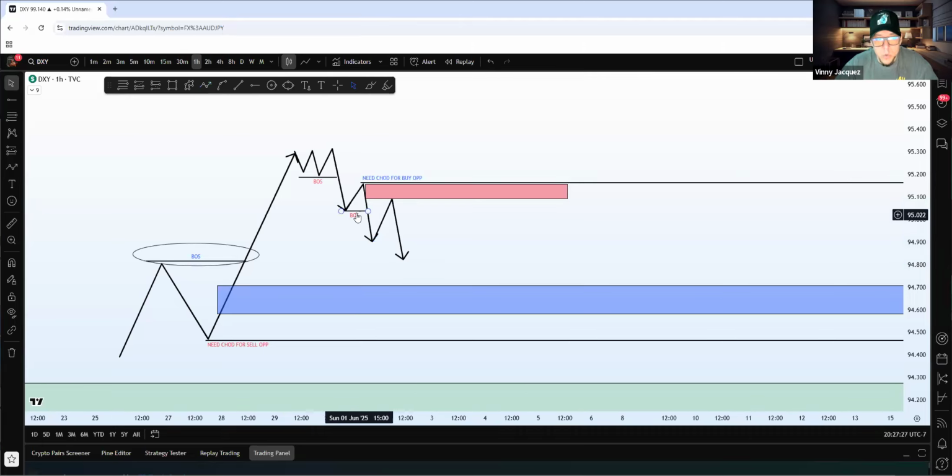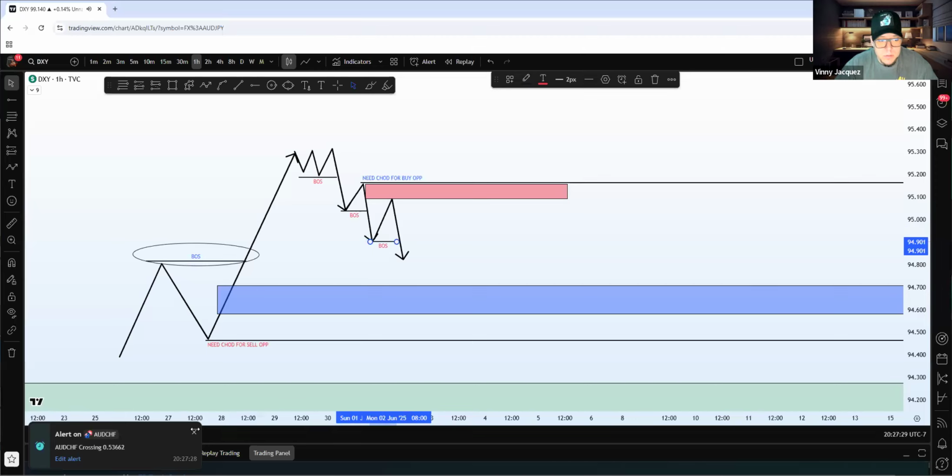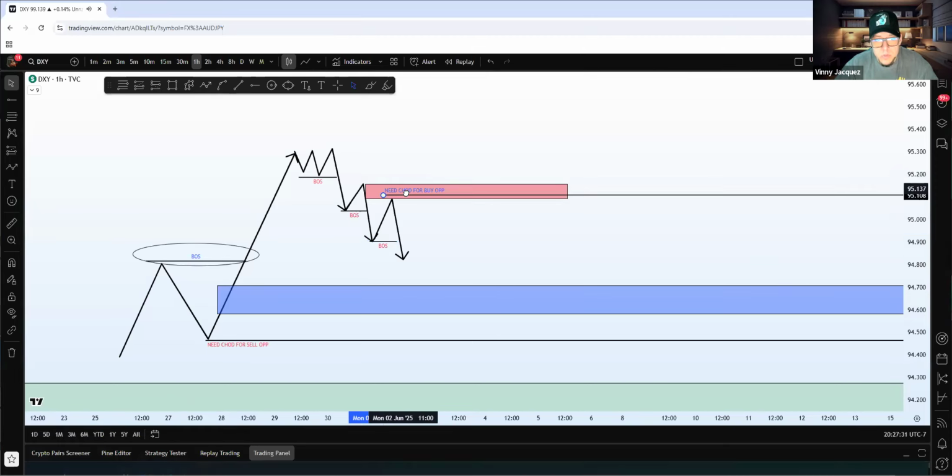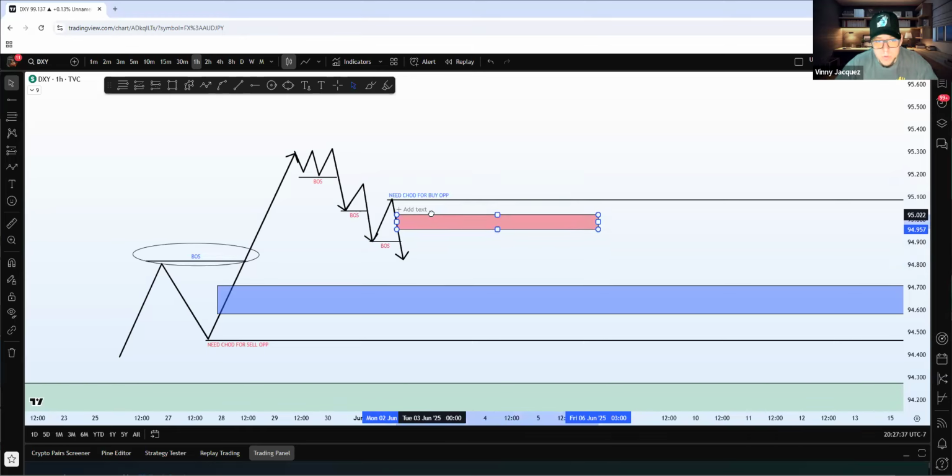Break a structure. We continue to adjust. Guys, did we have a break of structure here? We should have some type of starting point right here, which means sooner or later, guys, anybody who is looking for sales in this area has to get clapped. Somebody has to get clapped.